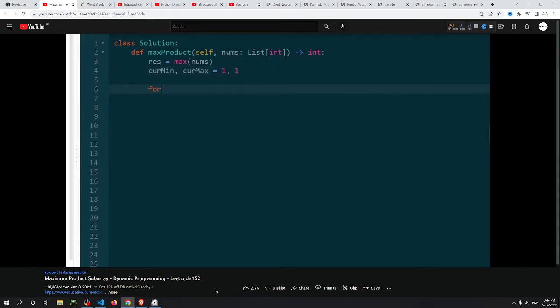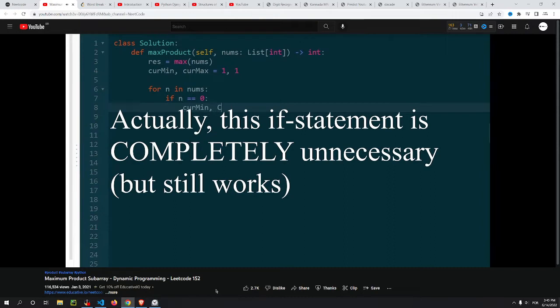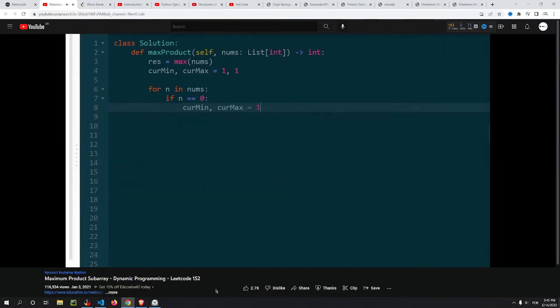And then we're just going to start iterating through every single number in our input array. We know that if we ever get to a 0, we do not want to handle that. We don't want to add that as a part of our product. So we don't want to mess up our current min and max by multiplying it by 0, because then it's going to stay 0 forever. So instead, what we're going to do is reset our min and our max to 1 each, and we're just going to continue to the next iteration of the loop. If this doesn't execute, that's when we're going to actually recompute the current min and current max. So our current max, how are we actually going to compute it? Well, in Python, it's really convenient for us, because we can say, okay, the current max could potentially be the new